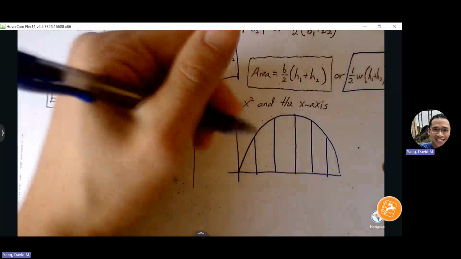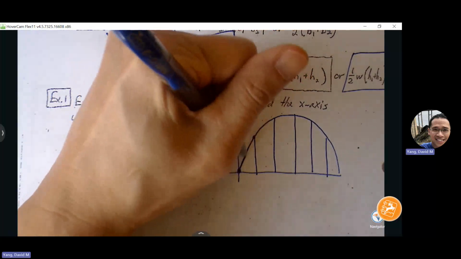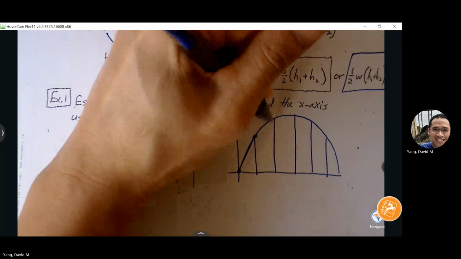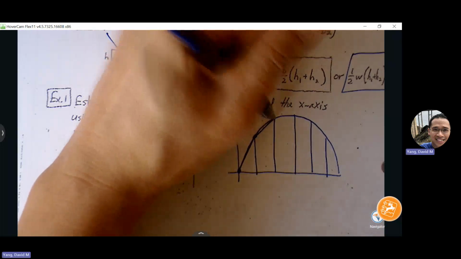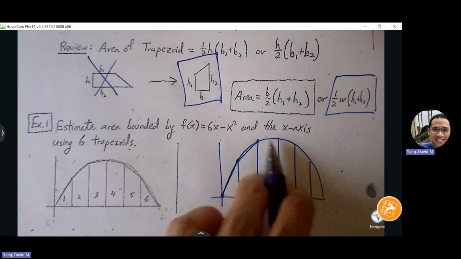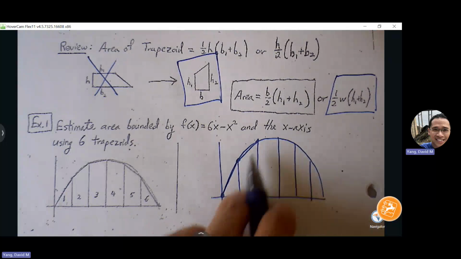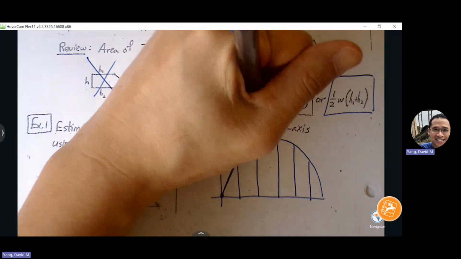Now a trapezoid is simply going to connect from the top to each other, right? This curve only has 6 trapezoids, but if you look at how well the trapezoid is going to match the graph,